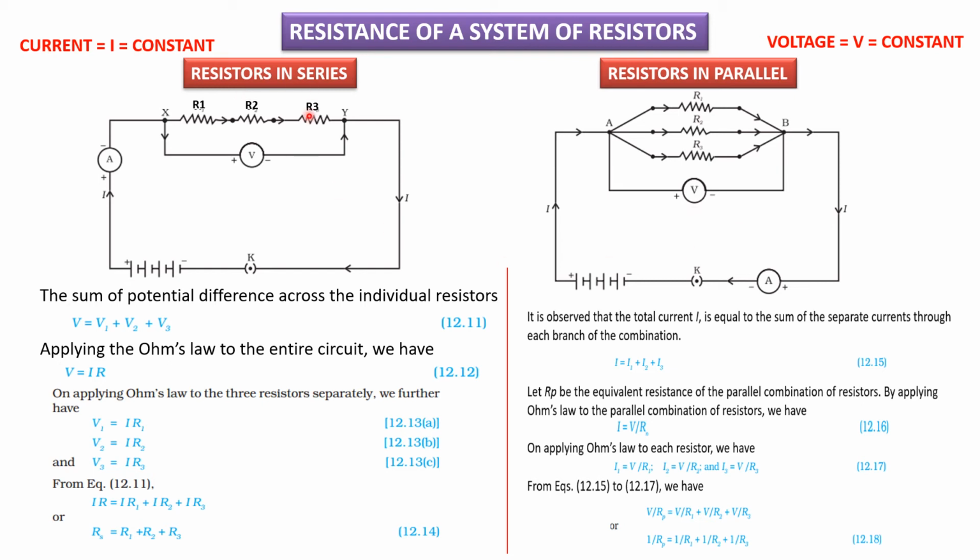Now coming to the resistors in series, you will see. Always remember, the same current is flowing. Think that the water is coming here and going to house number 1, house number 2, house number 3 and coming back here. So the same amount of current is flowing. There is no division here, right? The same amount of water is coming here, same amount here, and going back to the tank.